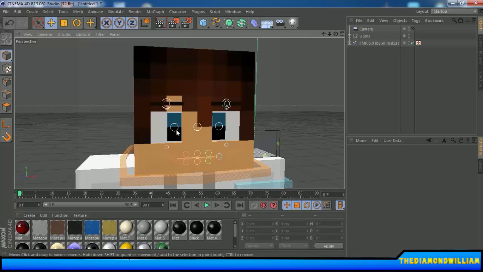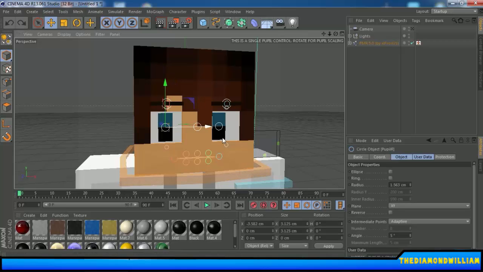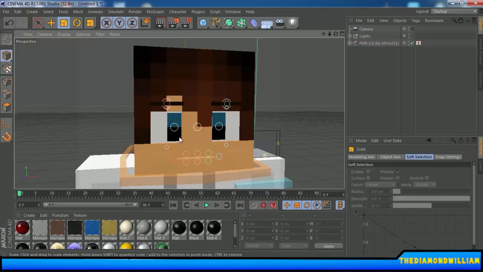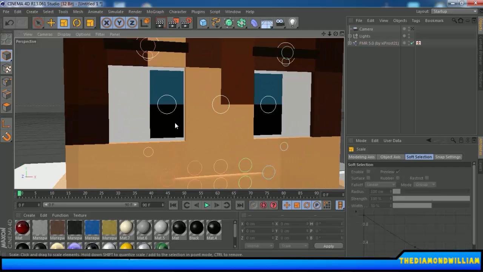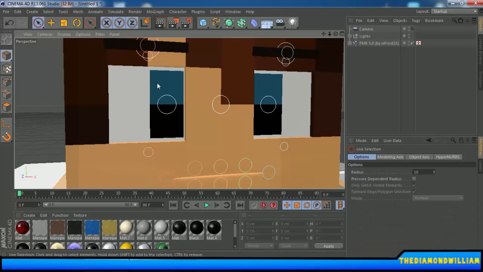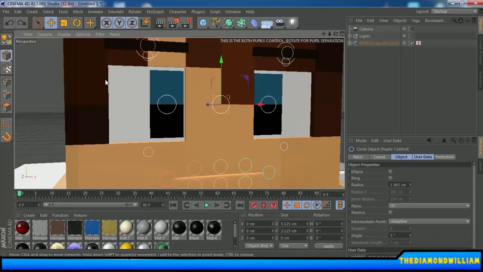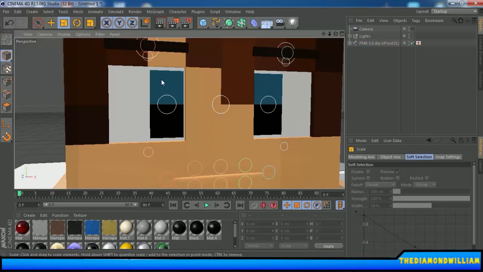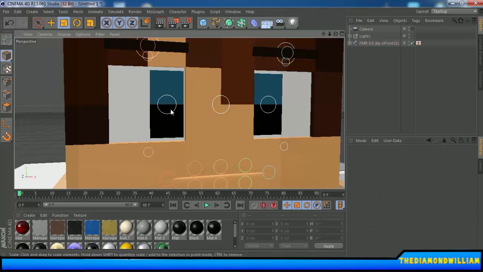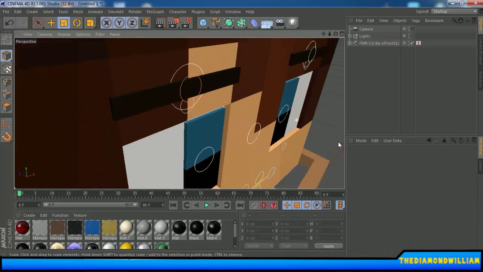What you can do is move this around and stuff like that, which is pretty awesome. I can also scale the eye down a little bit if you click on the eye properly. I can't seem to select the eye for some reason, but usually you would click this and then scale down the eye. Right now I don't know why it's not scaling. Anyways,